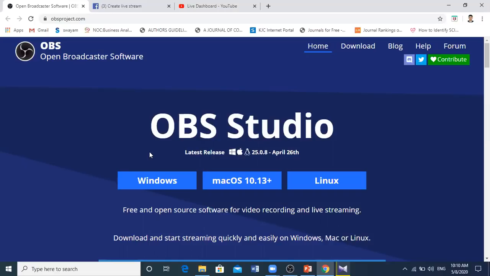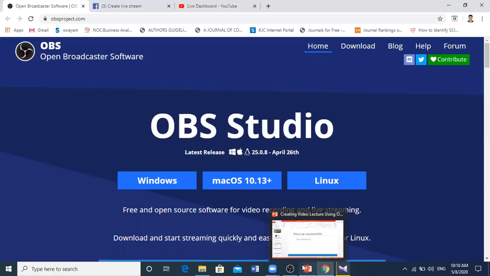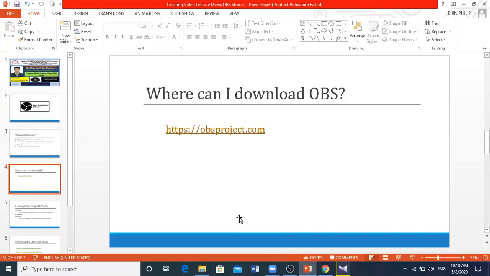Right now I am not showing that because OBS software is already installed on my system. So this is the first part of my session. If you have any troubleshooting or if you are not able to install the software, at the end of the session I will share my email ID with everyone, so you can send an email to me. I will respond as soon as possible.